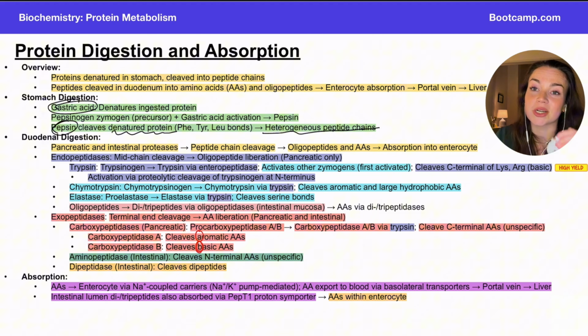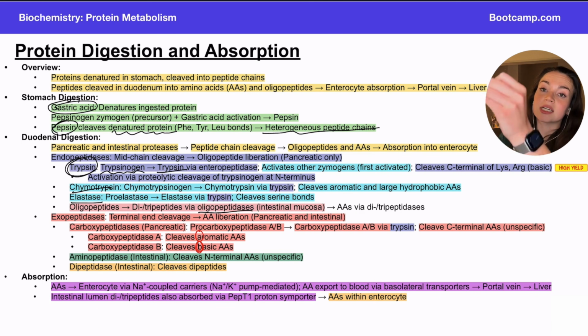Those peptide chains were cleaved even shorter by endo and exopeptidases in the lumen of the intestine. Those could either come from the pancreas or from the intestine. And like I said, the quarterback of the duodenal enzymes is going to be this trypsin here. The trypsinogen zymogen is activated into trypsin, and trypsin goes on and activates all of the other zymogens into their active forms. So we've got trypsin, chymotrypsin, elastase, and oligopeptidases all operating to cleave out oligopeptides from the middle of